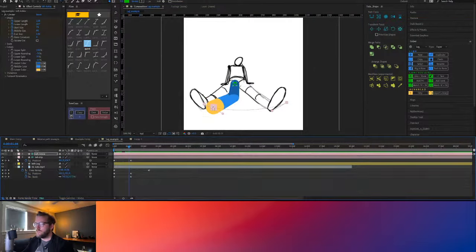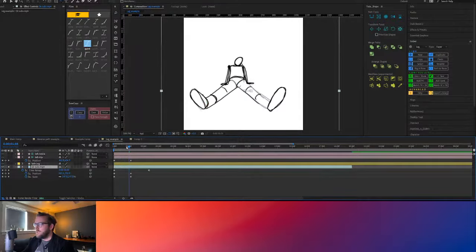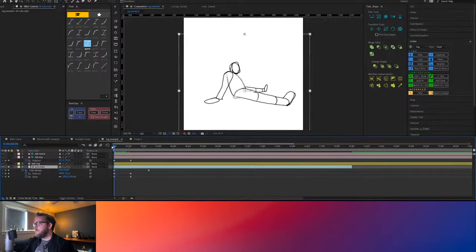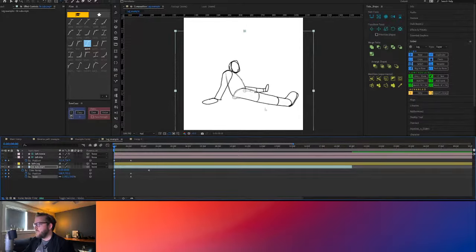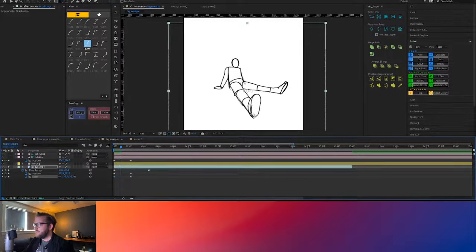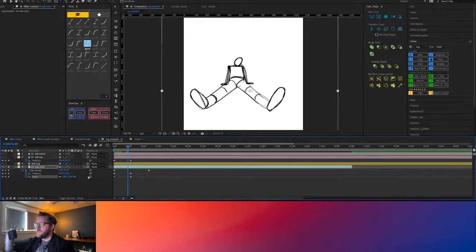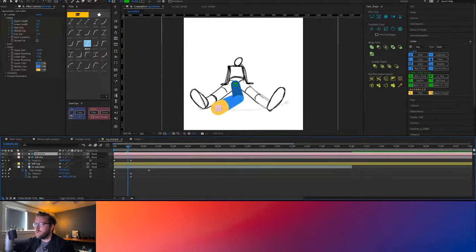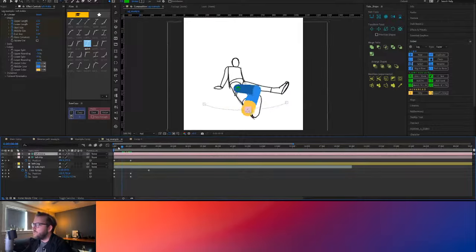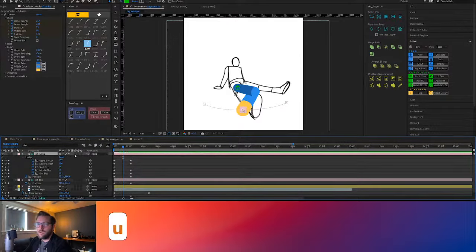Like if we look at this reference, that was based off of a photo I took. If you look at the ankle, it doesn't move straight across. It arcs down like this as it progresses, right? It's now down here, and it goes like that. So we need to replicate that with our animation, but we're still bending right here. So what I'm going to do is hit U on my keyboard to bring up my keyframe properties. And